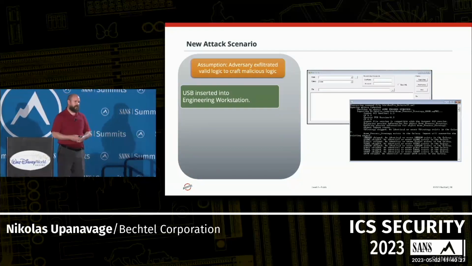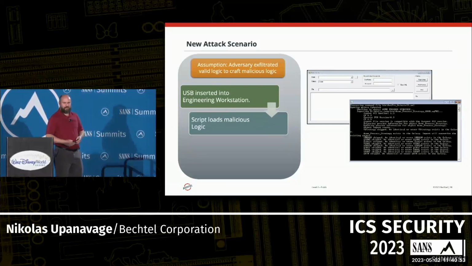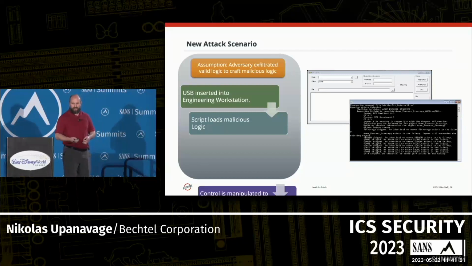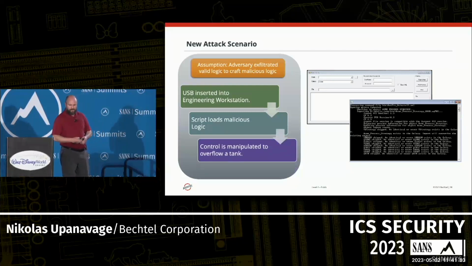We're also thinking about a lot of systems having just perimeter security and relying on firewalls. We're coming in from a pathway, especially for a local audience, where someone can take a USB and plug it in to a workstation. We thought that was impactful for local audiences to go through. So after the USB is inserted, we have the scripting tool, which takes that backup of the logic that we've modified, and then that will download it to the controller.